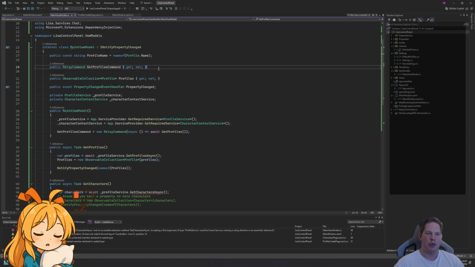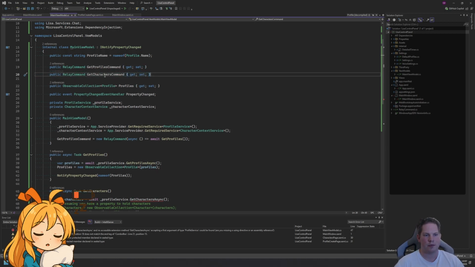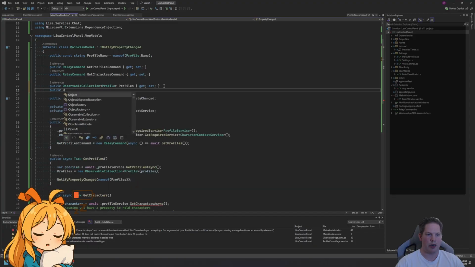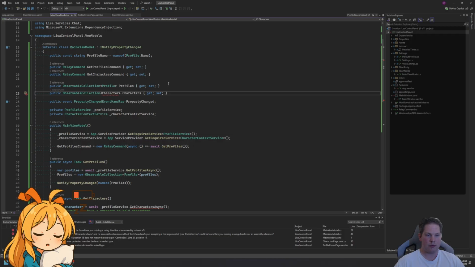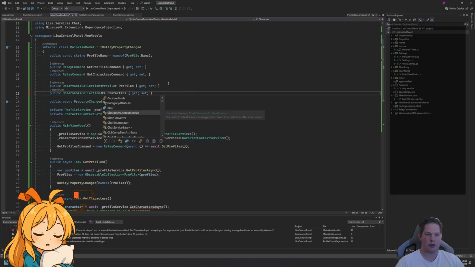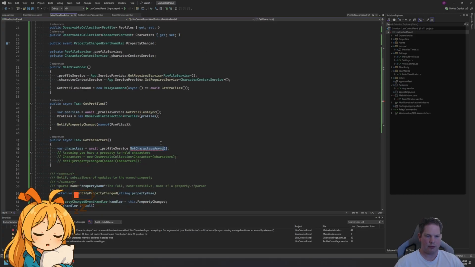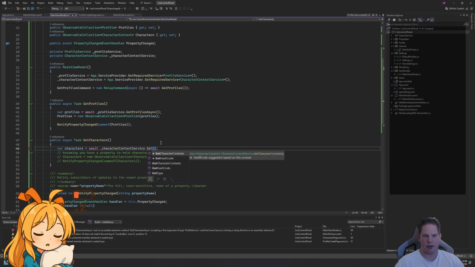Create myself a beautiful command, get characters command. Get myself another beautiful observable collection for characters. Character context. Get character context service dot get characters,